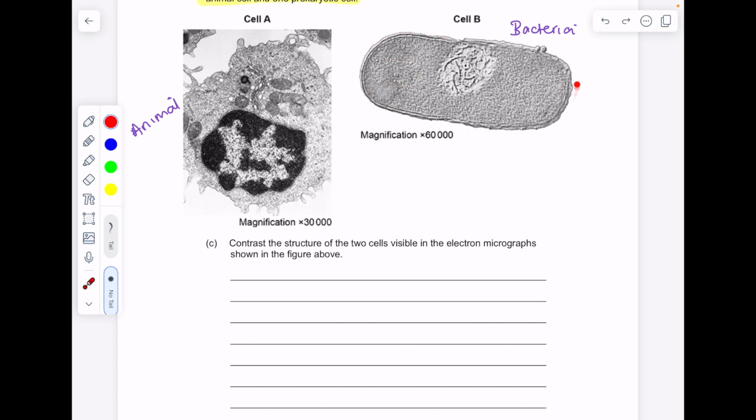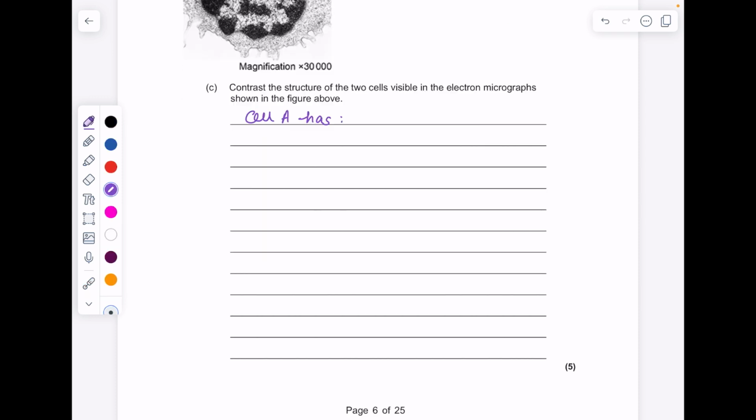Cell B has both a capsule and a cell wall. Cell A has no capsule or cell wall. It simply has a cell surface membrane. This is present in cell B also. What about ribosomes? The ribosomes here are much smaller and they're 70S, whereas cell A has larger ribosomes. So cell A has